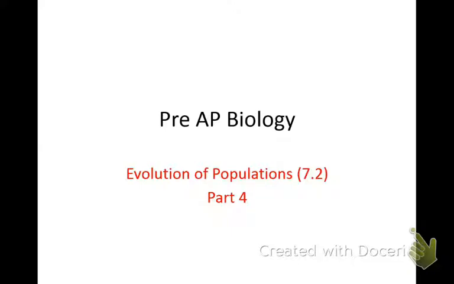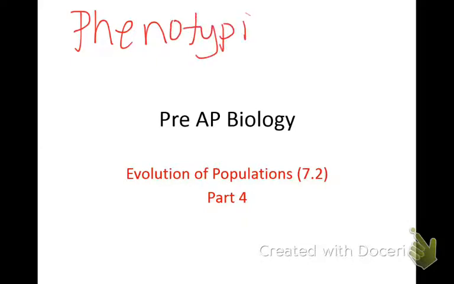Okay, so there's two types of polymorphism. There's phenotypic and genotypic. And so before we even start, let's just look at the words. So you have phenotypic, polymorphism,